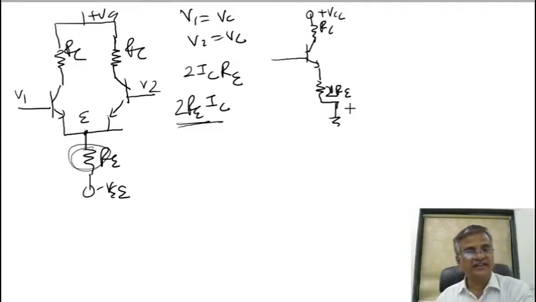For a single-ended transistor, this is the circuit you have already derived. Single-ended means that in the previous stage you took this terminal as ground. Now I am taking this as a ground terminal, so there is no voltage drop here. If this is replaced by 2RE, there is no change. So I am showing it like this, the equivalent circuit for this.